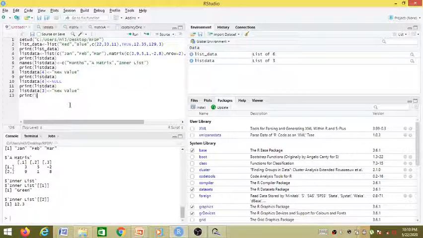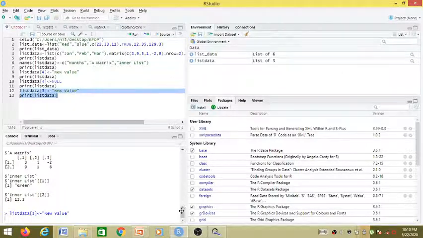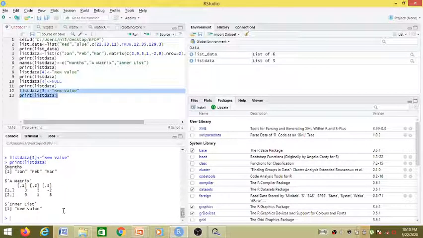So if we run this, we can see here it previously had green and 12.3 values. Now it has the new value. So updating an element of a list is very easy. You just have to give the index of the element which you want to modify and provide some new value.